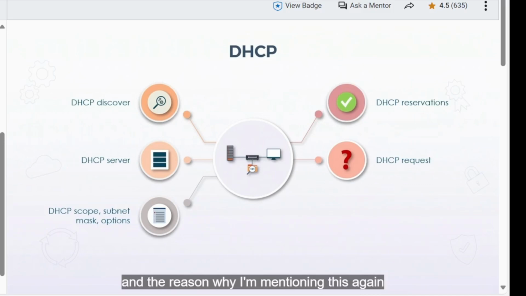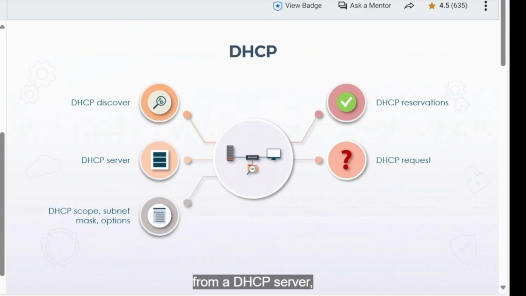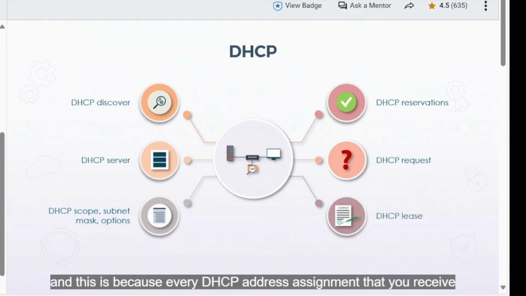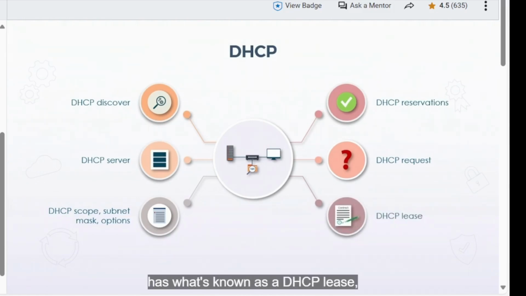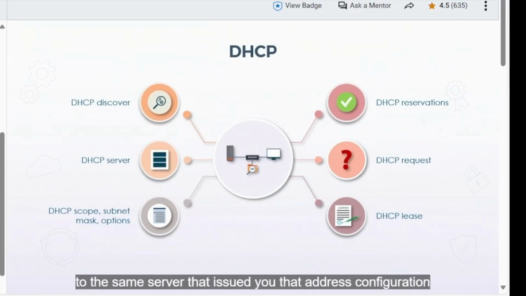And the reason why I'm mentioning this again is because once you receive your IP address configuration from a DHCP server, requests actually happen again later on, and this is because every DHCP address assignment that you receive has what's known as a DHCP lease, which represents the amount of time for which that address configuration is valid. So let's say it's 10 days. At 50% lease duration, 5 days in this case, another DHCP request will actually be sent back to the same